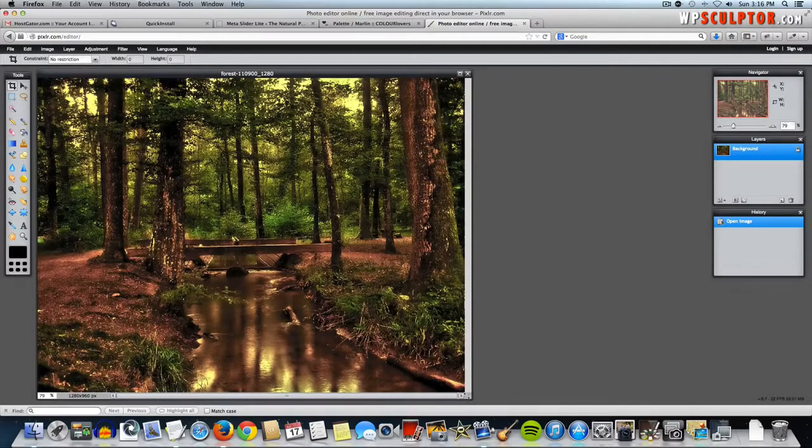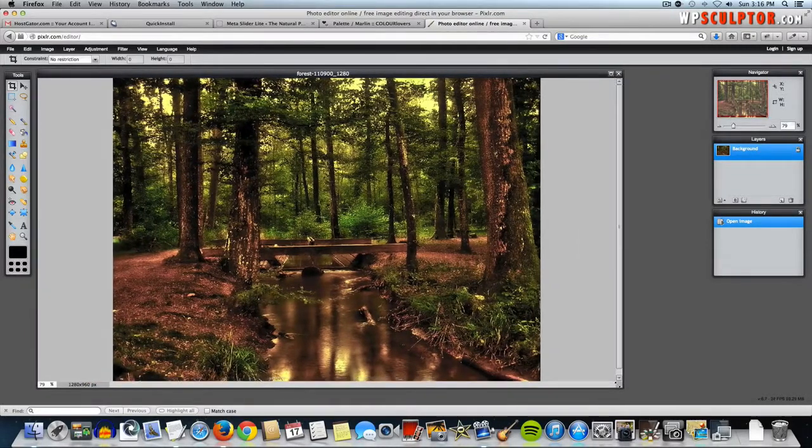And I have found that the best width for a slide image on Pixlr, a full width slide image, is 902 pixels. And I'll show you later on how I came up with that and how you can figure that out on your own if you needed to. And also, just because I like the way it looks, I think 400 pixels is a pretty good height for this. So we're going to crop our 1280 pixel wide image down to a 902 pixel image,